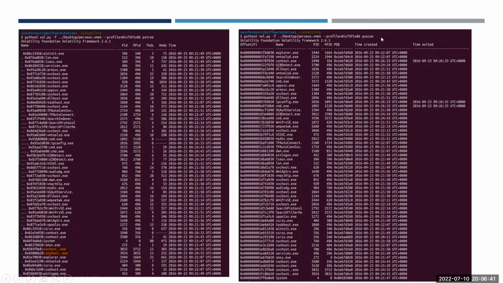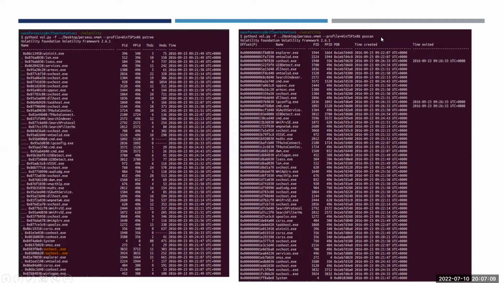Whenever a process is created, process memory is allocated in virtual memory, and for each process a pool tag is given. That pool tag name is proc. So pscan will use that pool tag scanning technique,